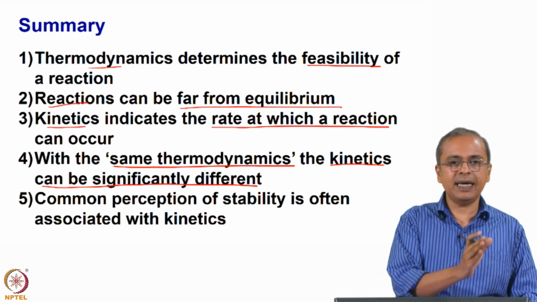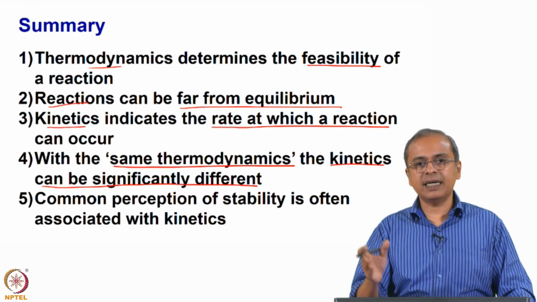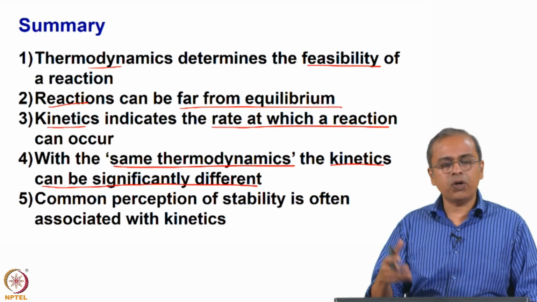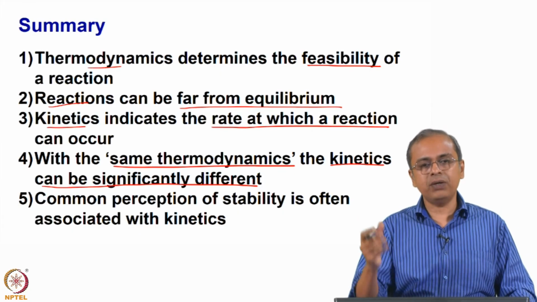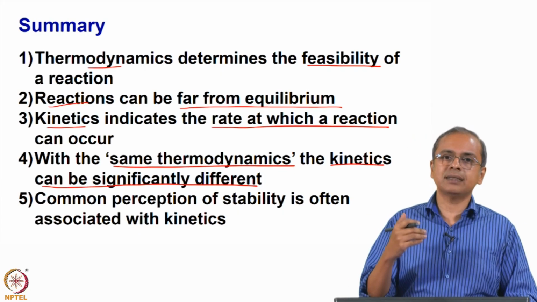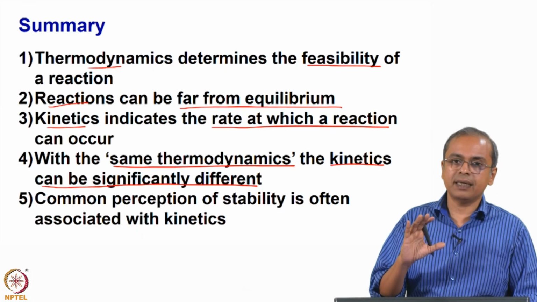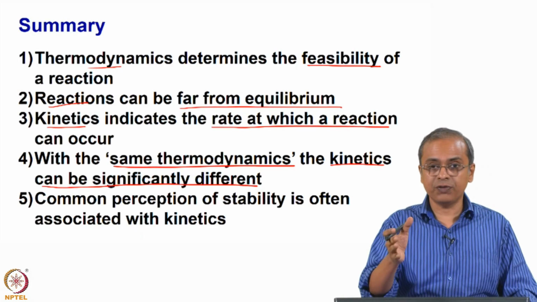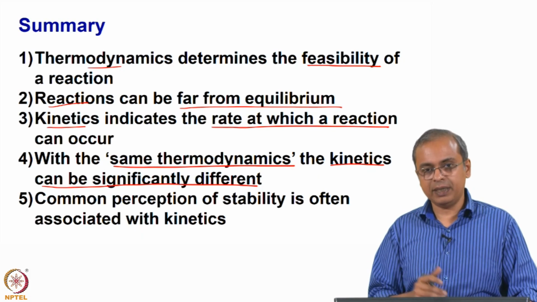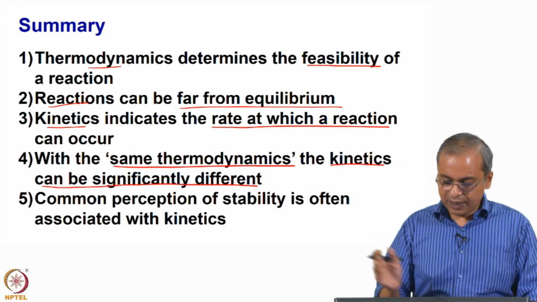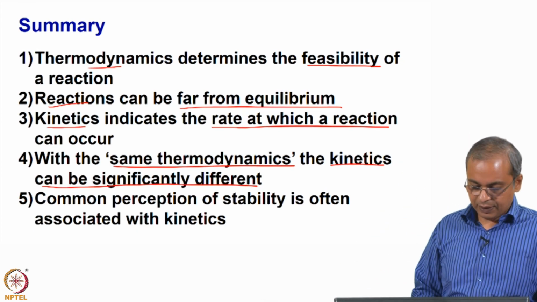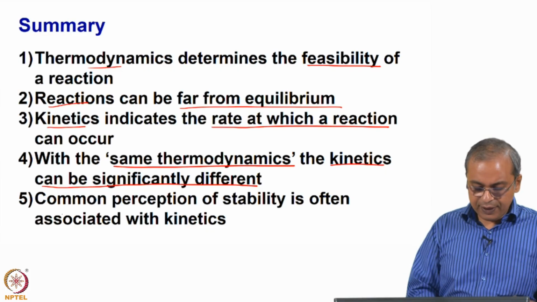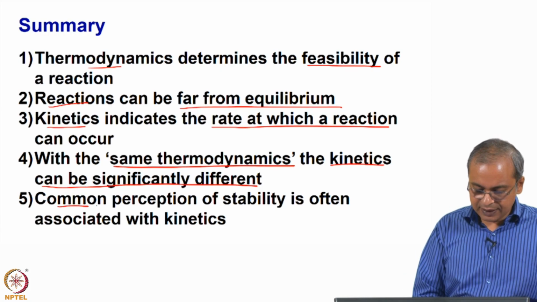If it is a desired reaction, you accelerate it. If it is an undesired reaction, you slow it down. In our body also, in our biological systems, many of those things are happening. There are reactions that the system is pushing forward, and there are other reactions that are being deliberately slowed down. So, with the same thermodynamics, the kinetics can be significantly different,